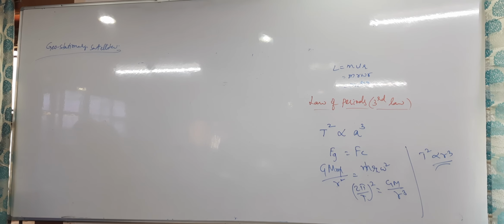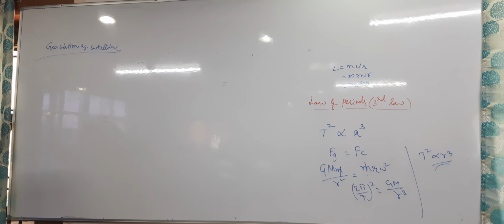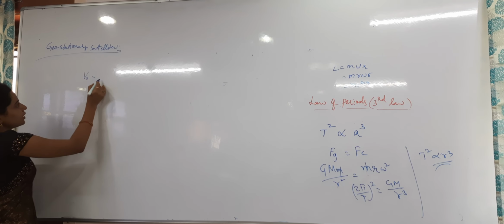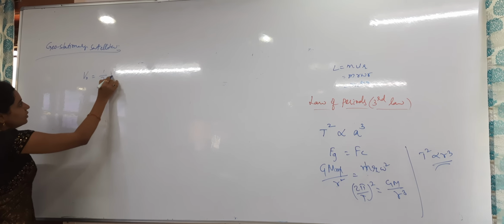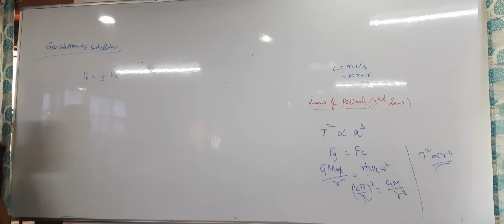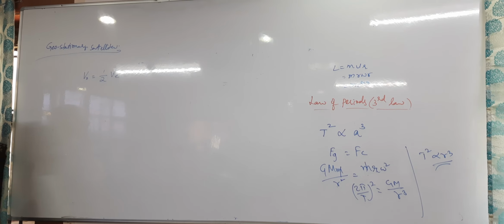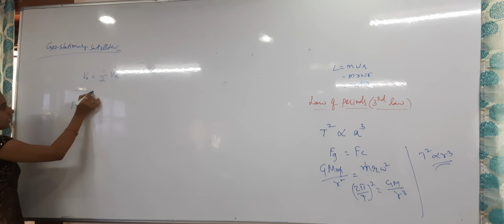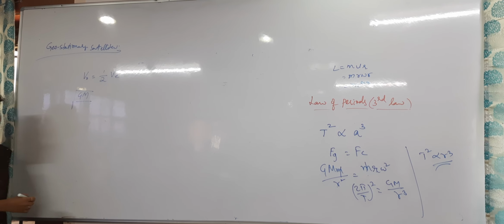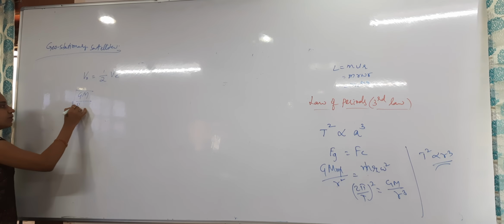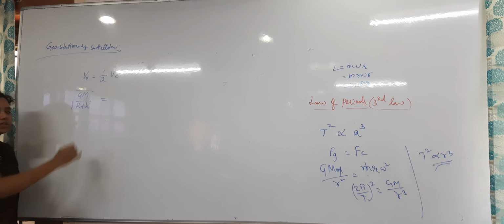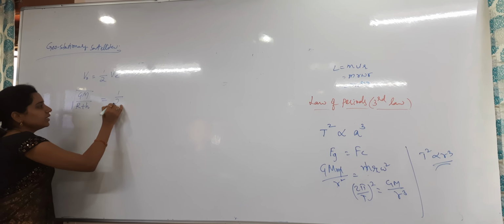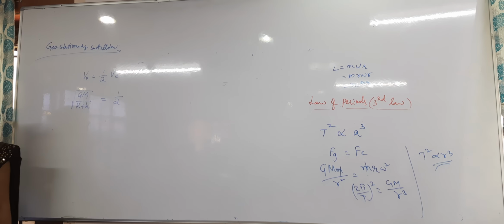You have to apply the conservation of energy. Look at the problem. I have said that orbital velocity is equal to half of the escape velocity. Now the orbit is there at what height? H height from the Earth. So the orbital velocity formula is under root GM by R plus h. Why? Because it is revolving around the Earth at some height. And that is equal to half of escape velocity from the Earth surface they are saying.